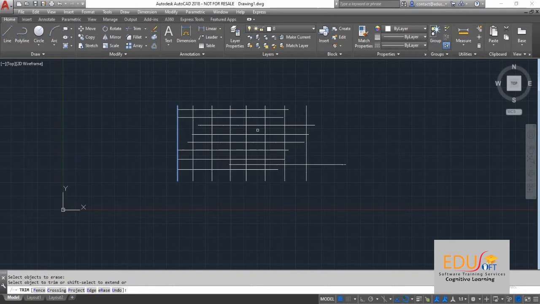In another method, we will give double enter after typing TR in the command window. If we select any of these lines with a crossing, it will be trimmed. See, this is a little bit easier than the previous one, right?